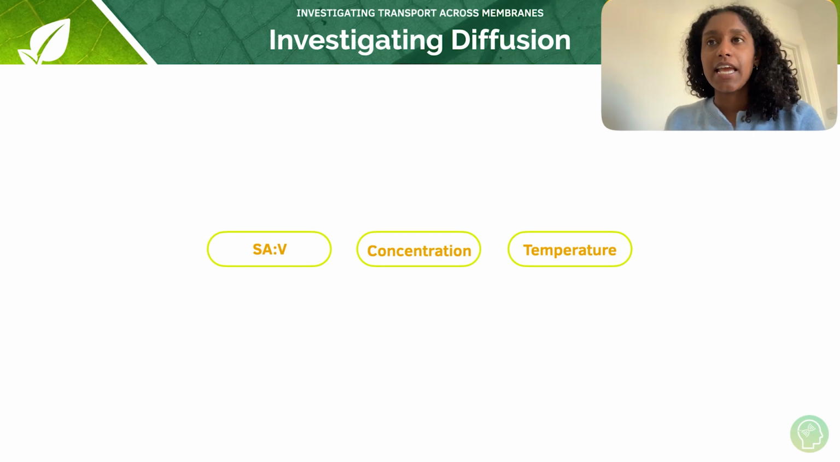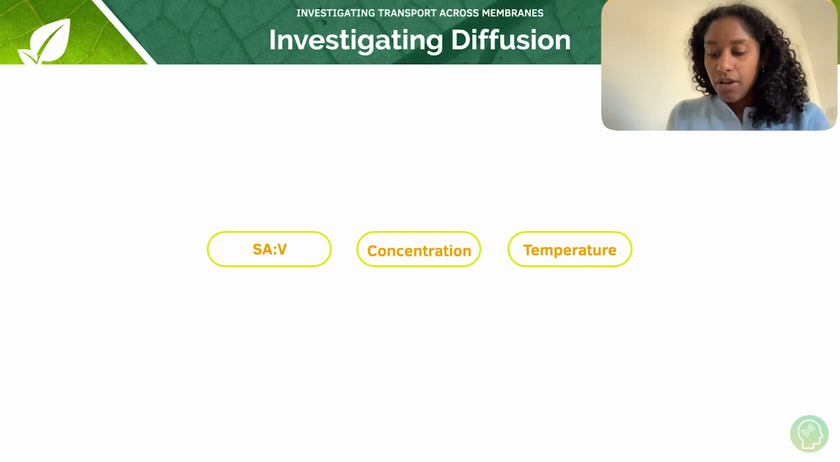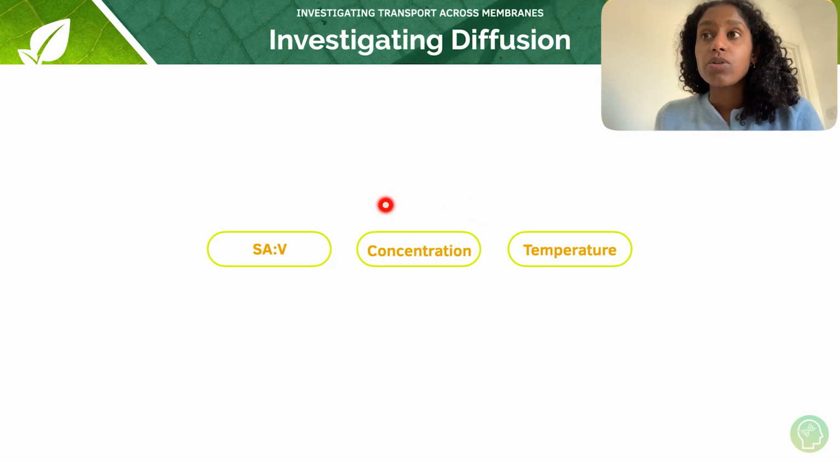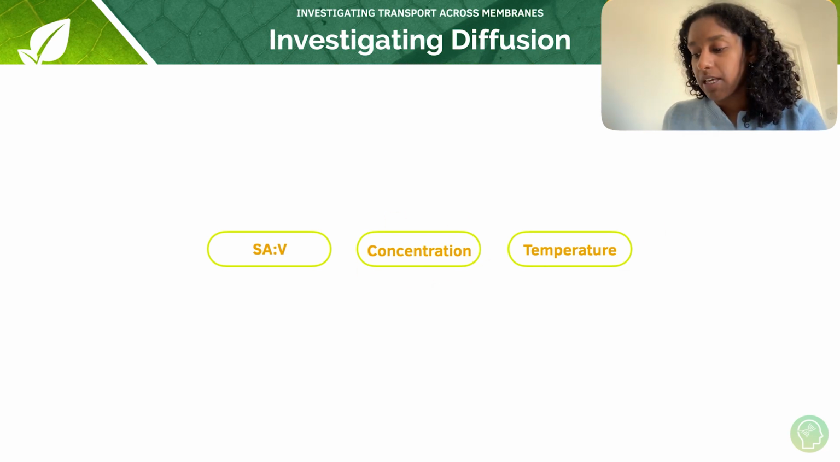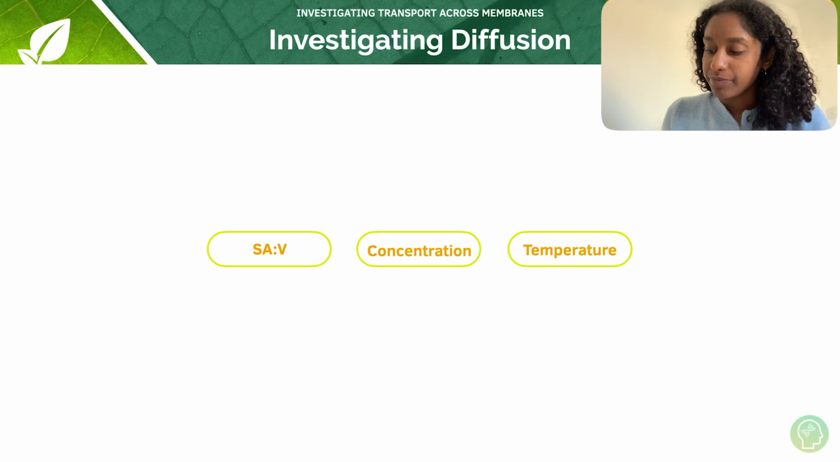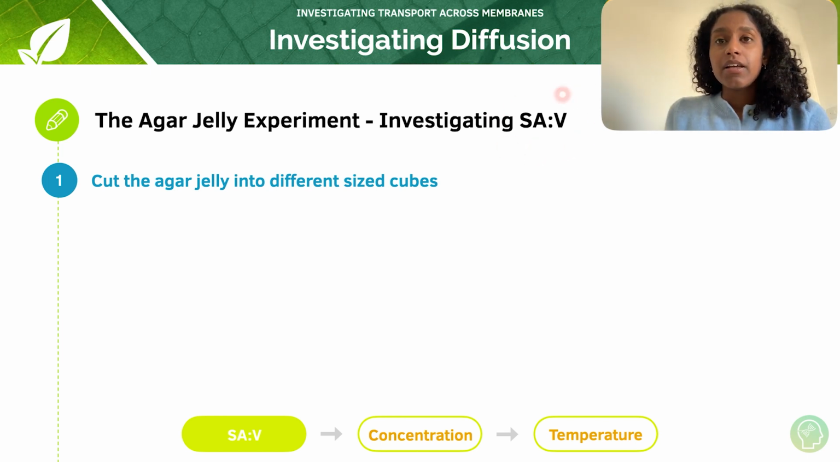Okay, so we can further investigate diffusion by adjusting some variables. So we can adjust our surface area to volume ratio. We can adjust the concentration of either the acid or the alkaline in our solution, and we can adjust the temperature. So let's have a look first of all at varying the independent variable surface area to volume ratio. So if we're going to vary the surface area to volume ratio, what we have to do is we have to cut the agar jelly into different sized cubes, and we can work out each cube's surface area to volume